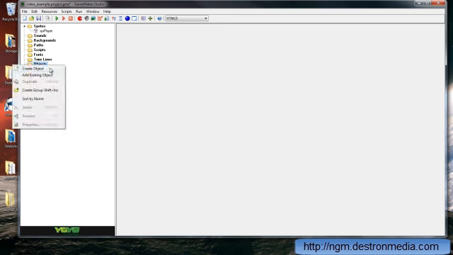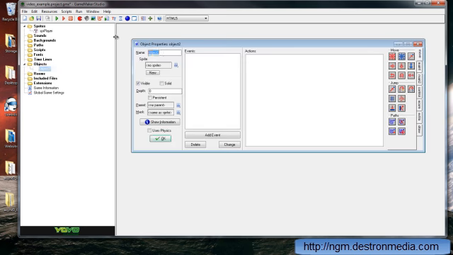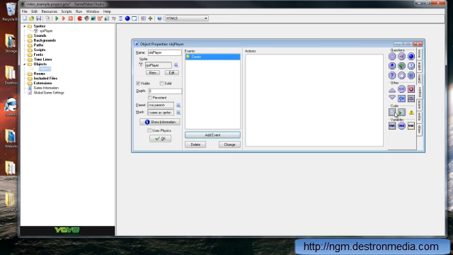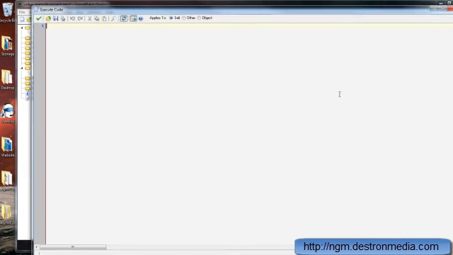And the next thing we're going to do is create an object, and we're going to name this OBJPlayer. And we're going to assign it the sprite that we just created. The first thing we're going to add to our new object is a create event, and inside our create event we're going to add one single line of code: